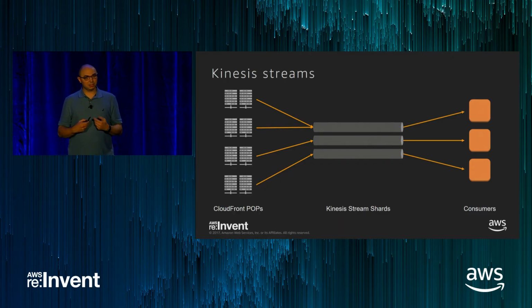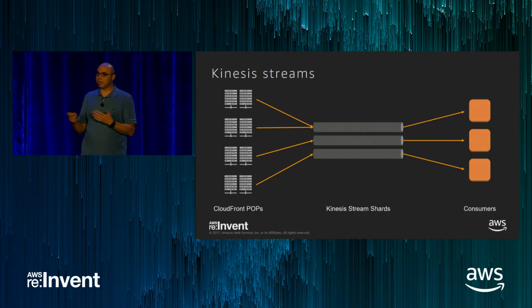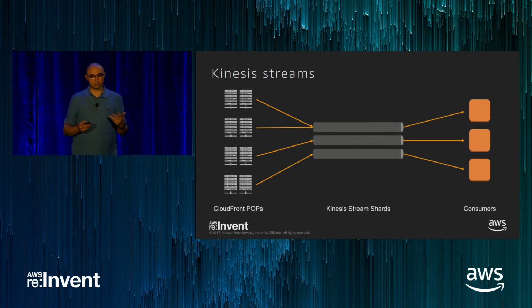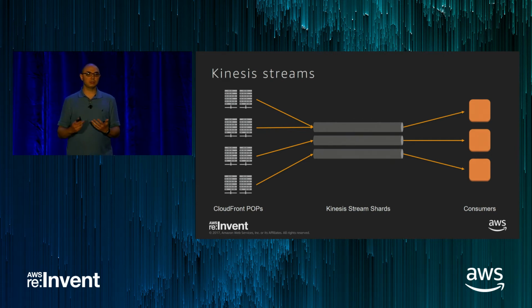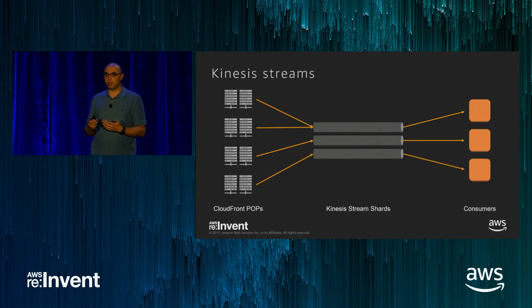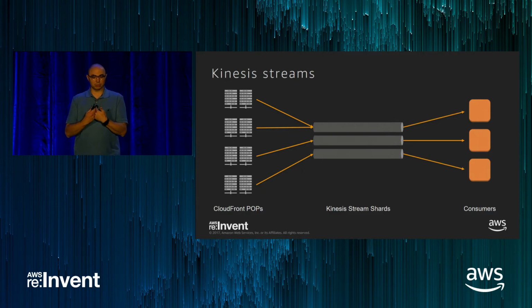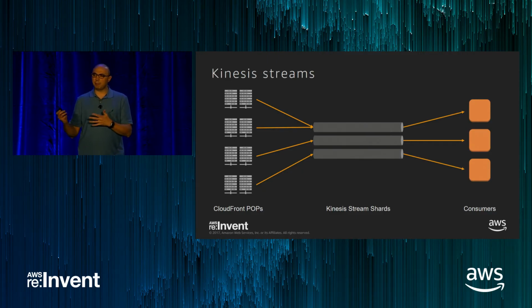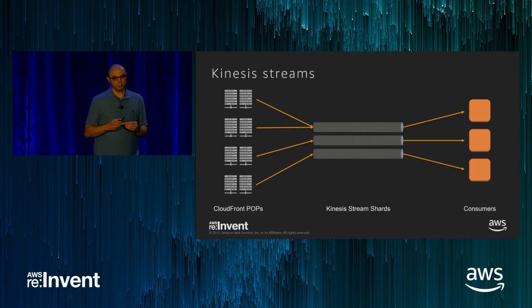In our case, the sharding key, the way we separate the data, is the POP name. So some POPs go into one shard, some POPs go into another shard. When you consume the data, your consumers are also tied to a single shard. So you have to select your key in a way that allows you to process the data you need together in the same consumer. So it's very much like a MapReduce type of processing pipeline, and that's what we build